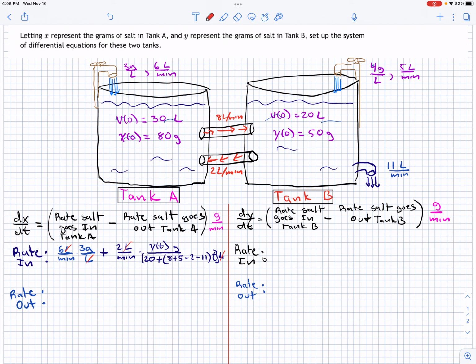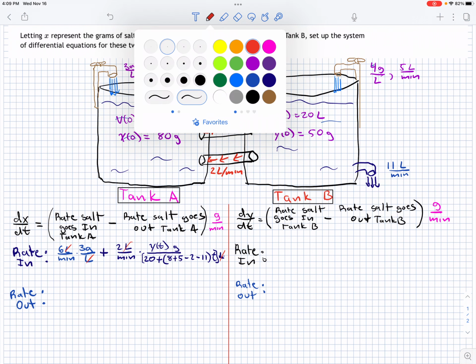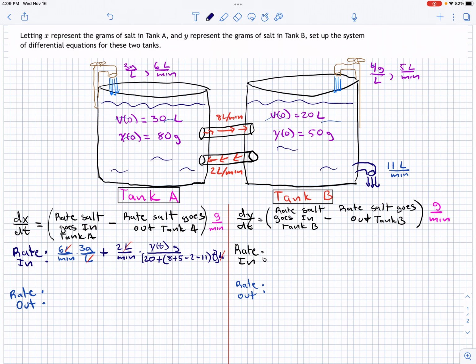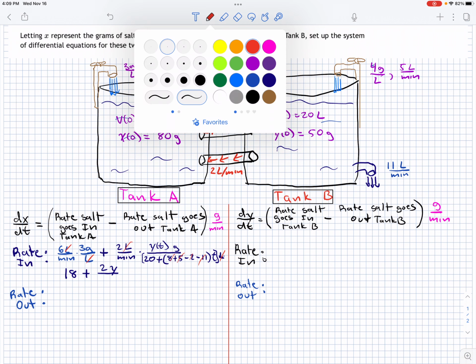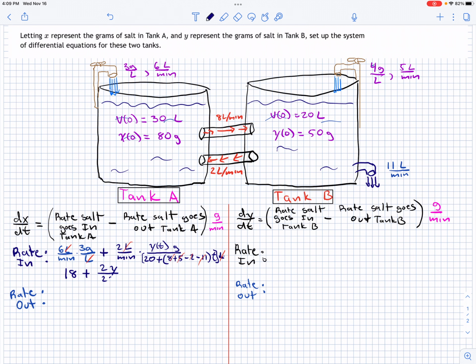And then we can simplify that a little bit to 18 plus 2y over, and the nice thing about this bottom here is this all actually cancels out, so we don't have anything other than 20 on the bottom, which you could actually simplify as well, but we'll leave that for now. And that is the rate going in to tank